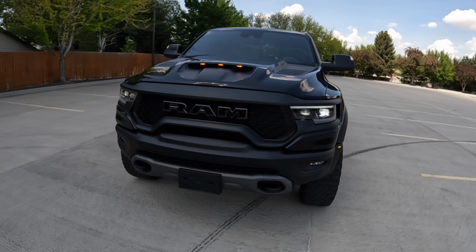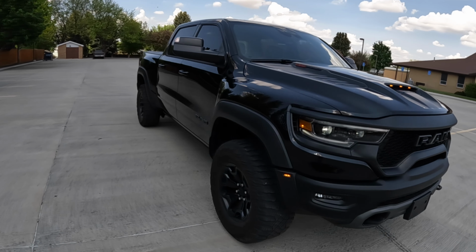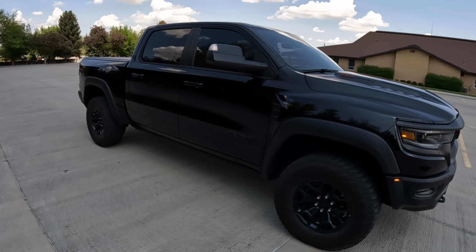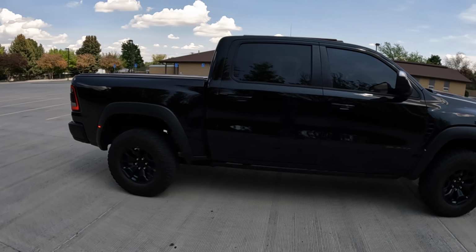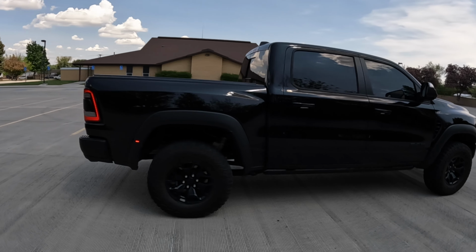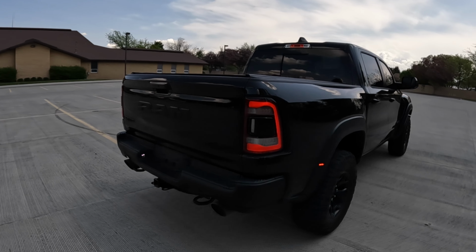That is a Dodge Ram TRX with the Hellcat engine. It's in a color that I like to call black, and today we're going to review it. That means we're going to do our typical walk around, go through the specs, initial driving impressions, 0 to 60 with the GPS, and final thoughts to decide, should you guys find a 2021 to a 2023 Dodge Ram TRX,